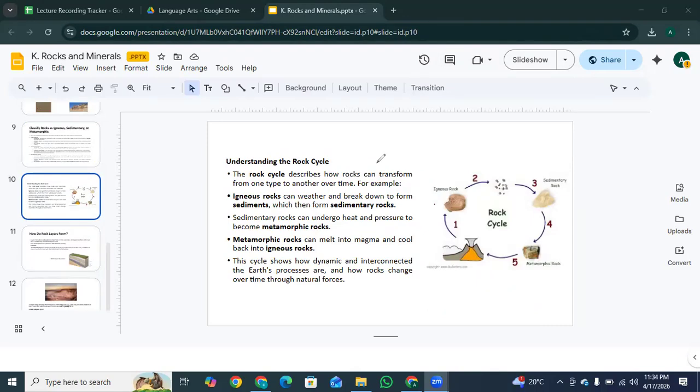Okay, understanding the rock cycle. This basically shows the rock cycle, which explains how one type of rock changes into another through different natural processes. Look at this diagram carefully so that you can understand the text also. The first one is this: